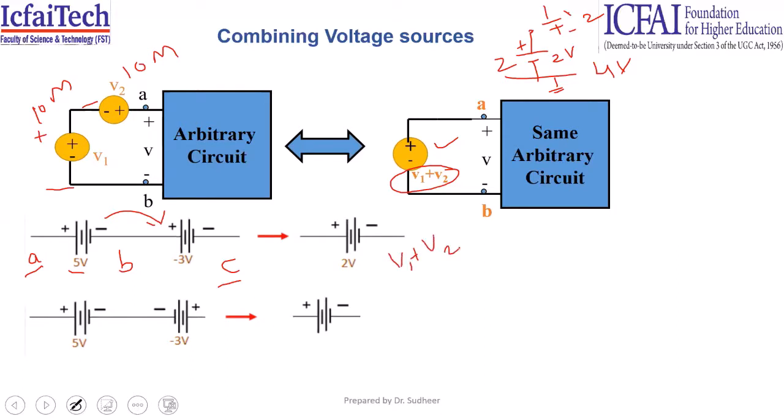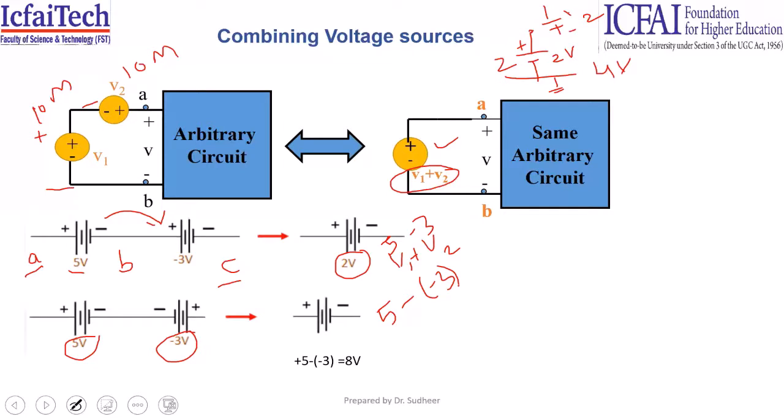So what is the value of V1? 5. And what is the value of V2? Minus 3. 5 minus 3, the voltage between A and C is 2 volts. Here, the voltages are connected in negative polarity, but you can see voltage V1 is a positive value and voltage V2 is a negative value. So the equation is V1 minus V2. V1 is 5 volts, and minus of V2 is plus 3 volts. So totally you are going to get 8 volts.